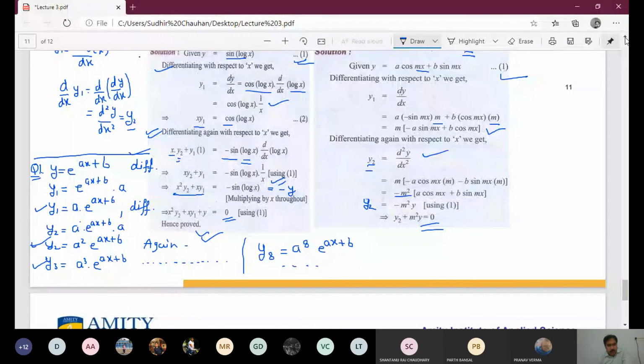So in that way, if we continue like this, we can write yn, and that is the nth derivative. So we can catch the symmetry by y1, y2, y3, and then if we have enough symmetry, if we can directly write yn, then we can write the nth derivative, and it can be written as a raised to power n into e raised to power ax plus b. Okay.